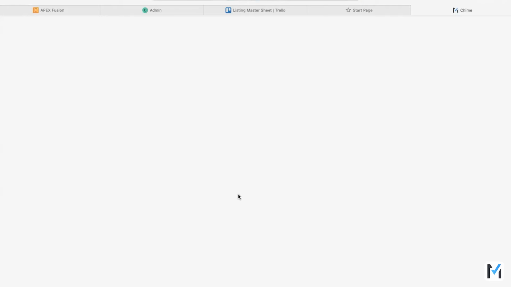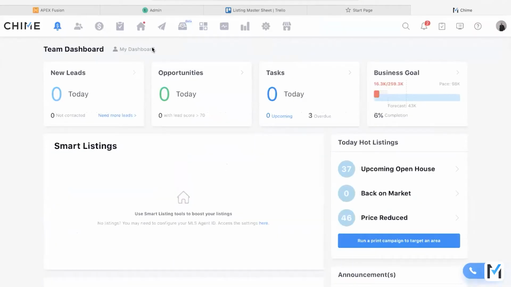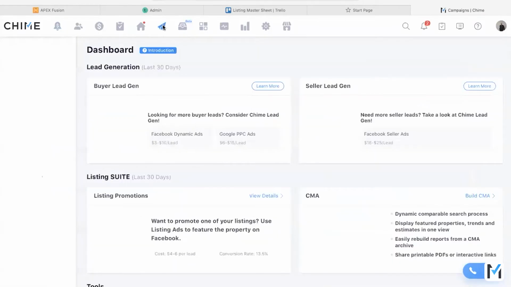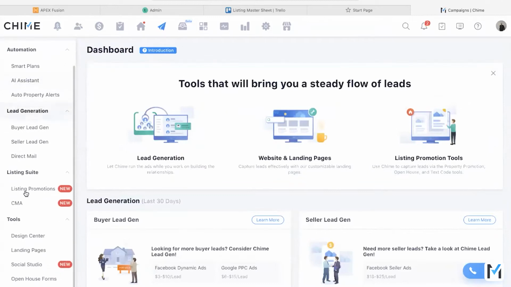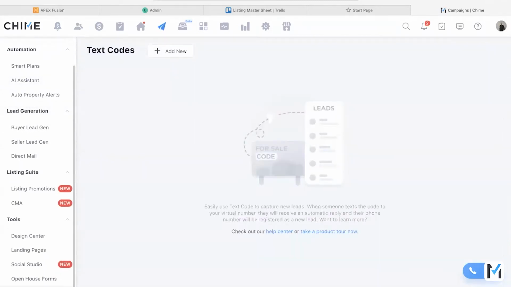All right, so I'm going to log into a demo account here. I'm going to show you actually how to get into text codes. So here's the little airplane. You're going to click on that, and scroll all the way down to text codes. Your screen will look pretty much like this because this is a demo account. We're going to talk a little bit about what we do with these text codes and what text codes are. So a text code is essentially